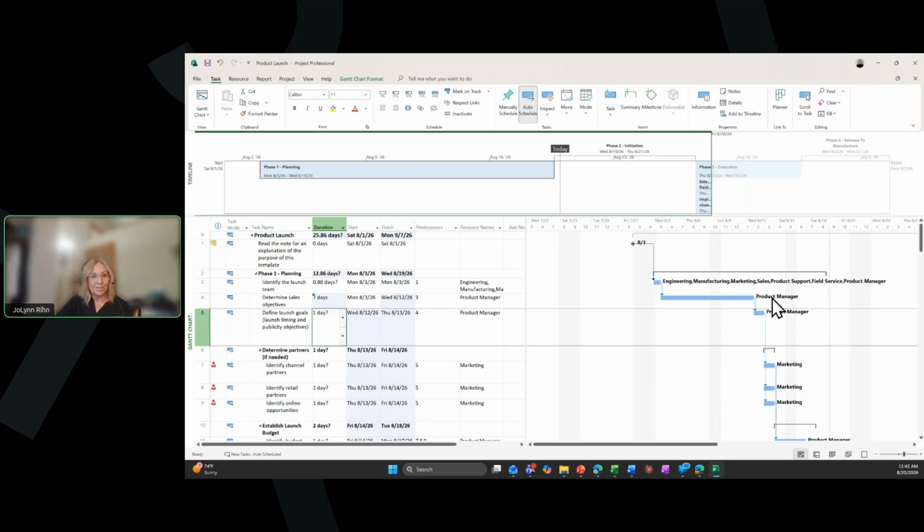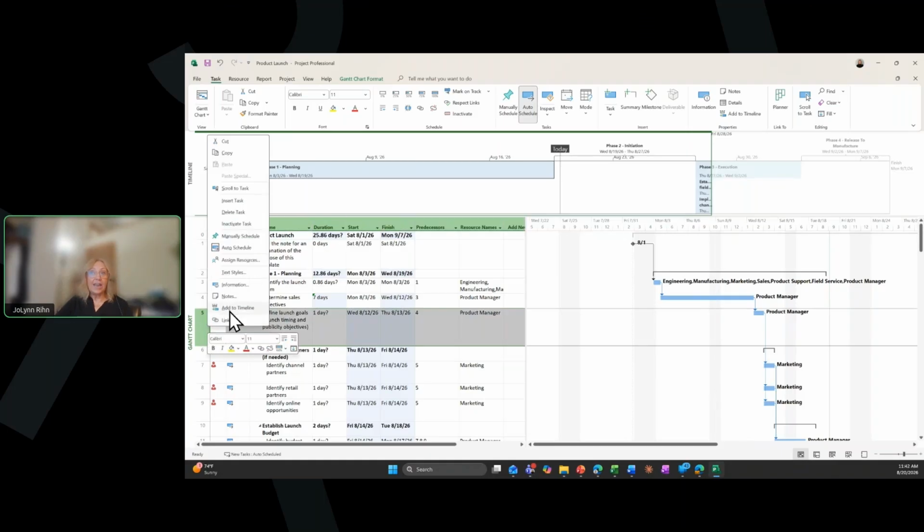Now, of course, resources can be people's names, that kind of thing, but they're actually managed in a different view. Very different from what we do in Planner. But let me show you a little bit more on what I mean by all this. So in this table on the left-hand side, we can be tracking milestones. So if you have milestones that dictate that when I finish phase one, I'm going to reach a milestone,